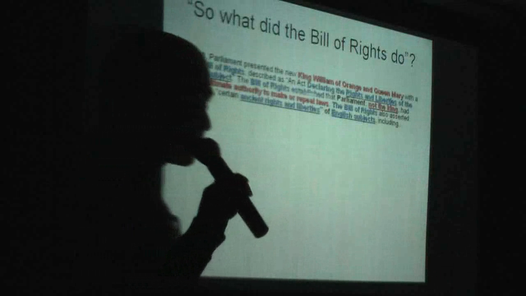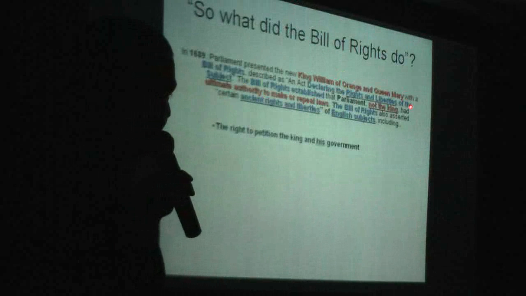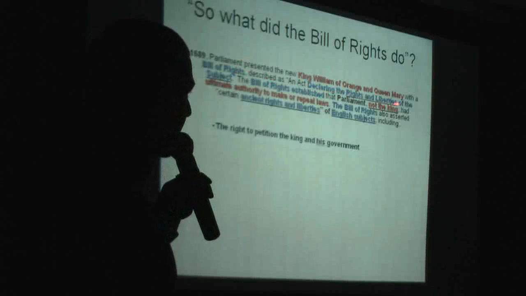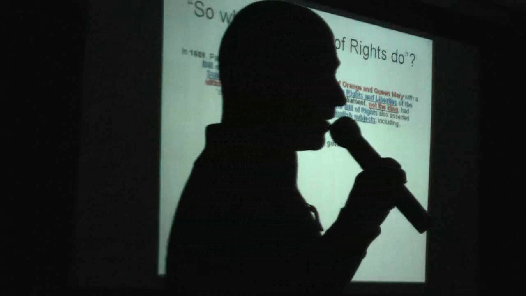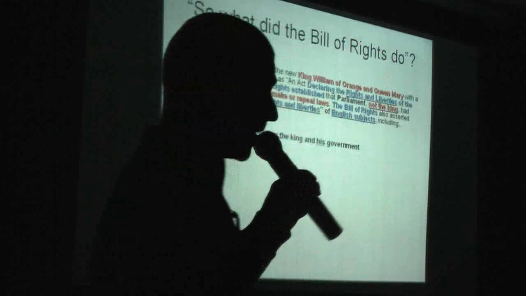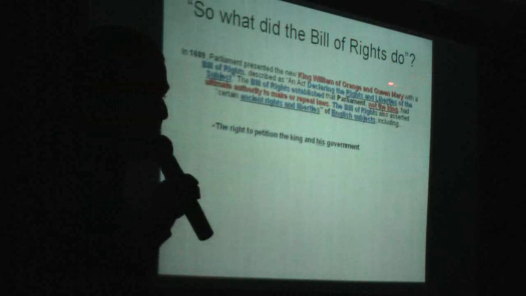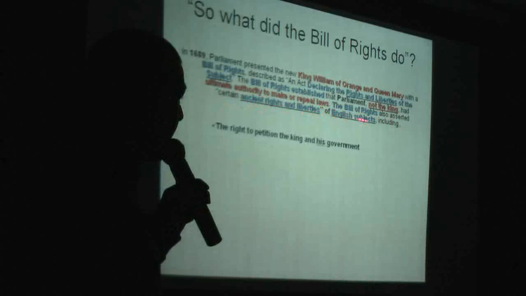What's the Bill of Rights do? Well, Parliament presented the new King William of Orange with a Bill of Rights, described as an act declaring the rights and liberties of the subject. Before you had rights and responsibilities, now it's changed, you've got liberties of the subject. The Bill of Rights established that Parliament, important detail, not the King, had ultimate authority to make or repeal laws. The Bill of Rights also asserted certain ancient rights and liberties of English slaves,